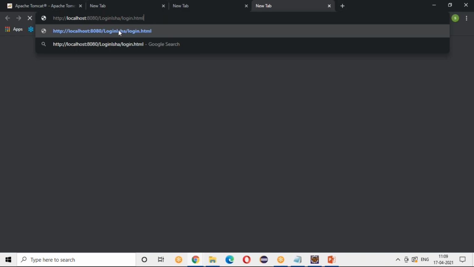You can run it from your mobile also. For example, if you have both your laptop and mobile connected to the same network, you can browse this on mobile and check the enterprise applications. Instead of localhost, you can give the IP address, and you can see that output on your mobile also.